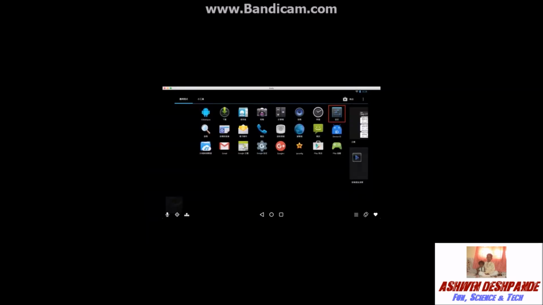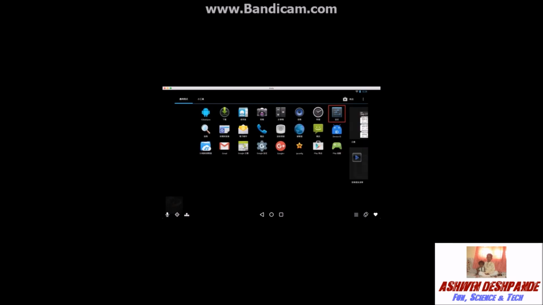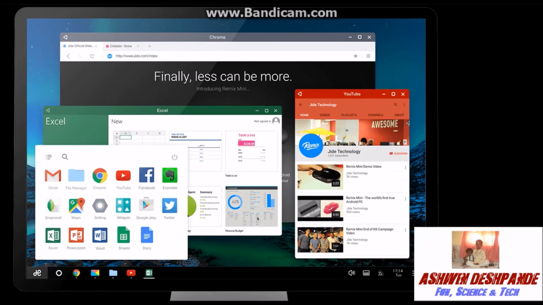Guys, this feature is provided by the Android emulators like Andy and BlueStacks. But these run on a very low Android version compared to an Android emulator, which I am telling you now. Yes, guys, this is why I brought the best Android emulator for Windows PC, and that's nothing but the Remix OS, guys. This runs on 6.0 Marshmallow and provides its user the full feature of an Android PC, guys. It's awesome. And now, to make you understand more about this, I have brought you a short video. Watch this.